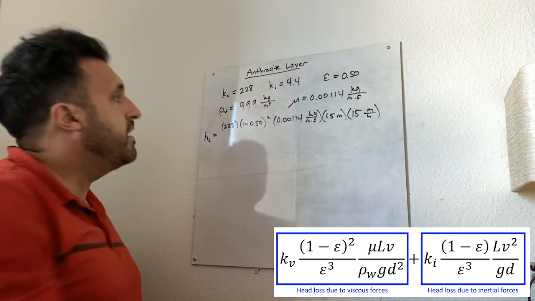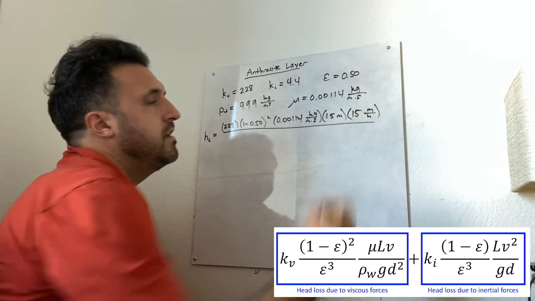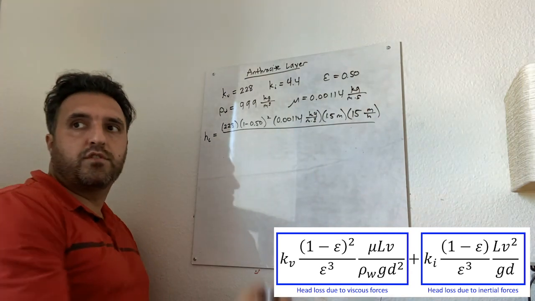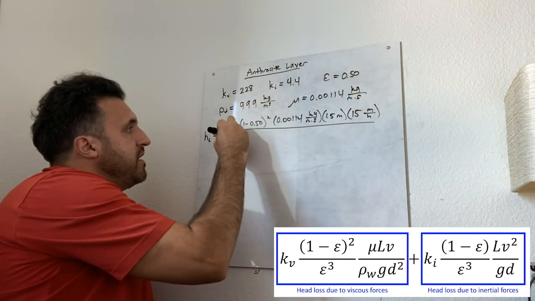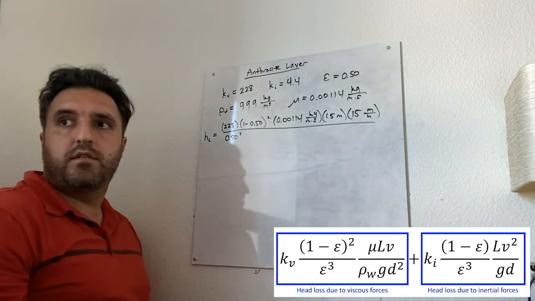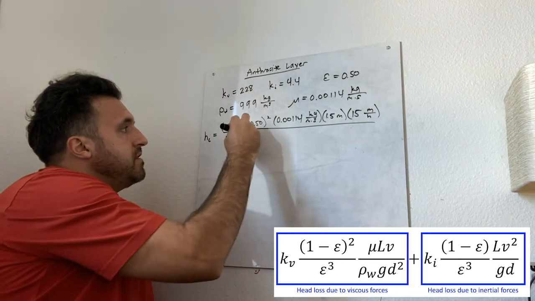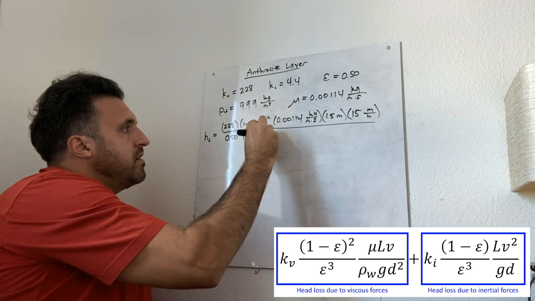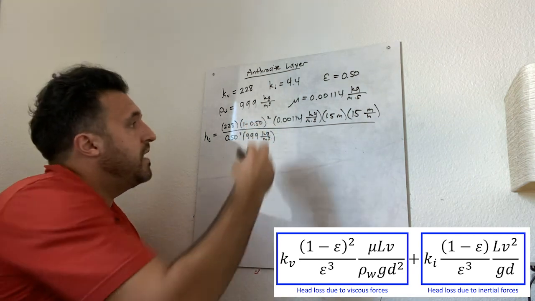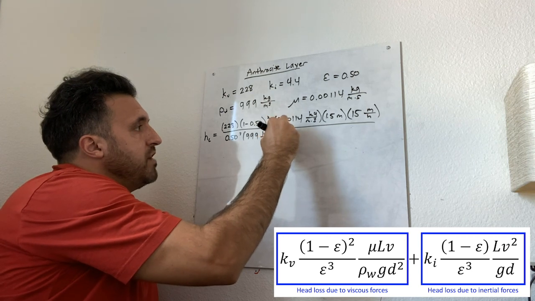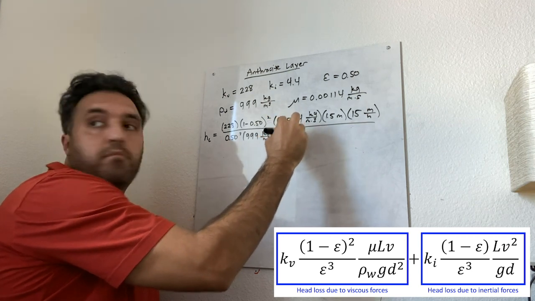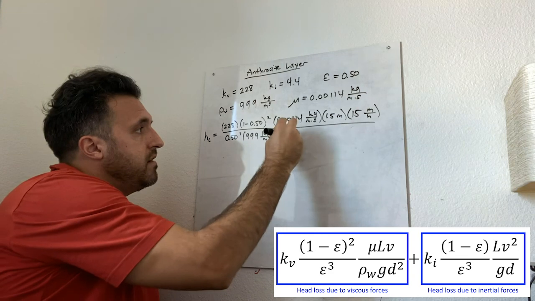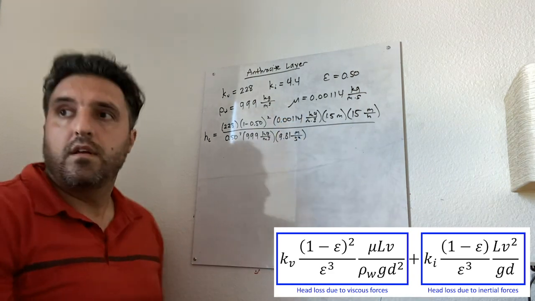So that's the numerator. The denominator of this portion of the equation is 0.50 cubed times the density, 999 kilograms per cubic meter, times G, 9.81 meters per second squared,